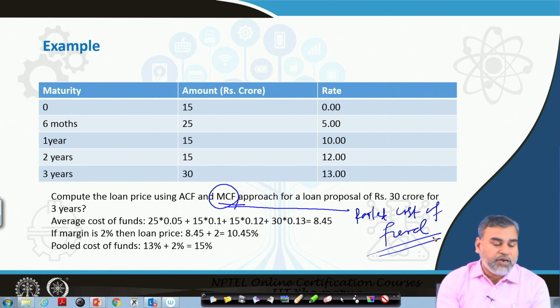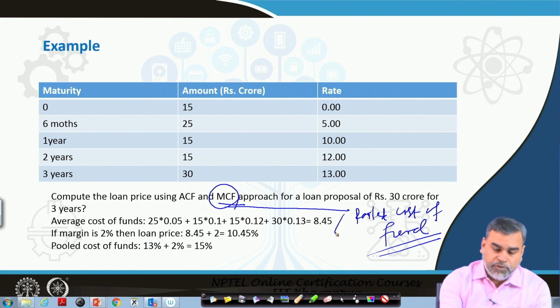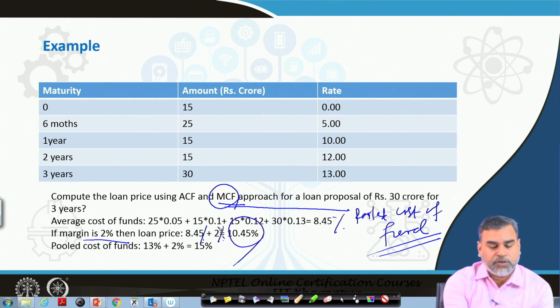So, if you want to calculate the average cost of the fund, this is basically your first one, anyway you are not incurring any cost, then it is 25 into 0.5 plus 15 into 0.1, that is 10%, 5%, 12%, 13%, 15 into 0.12 plus 30 into 0.13, that is 8.45%. So, the average cost of the fund is basically your 8.45%. So, let us assume there is a simple margin of 2%, then your cost of the fund has become